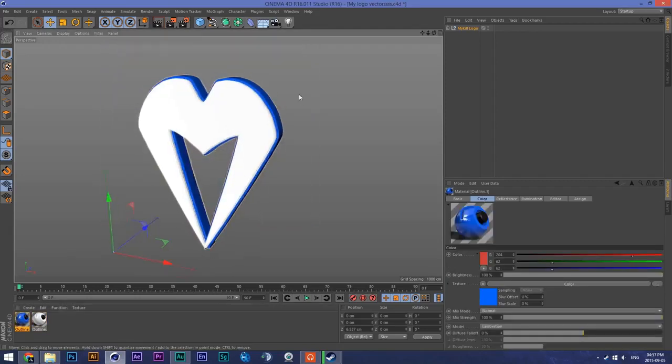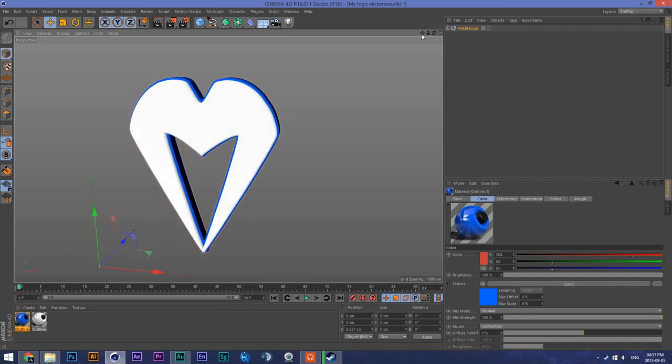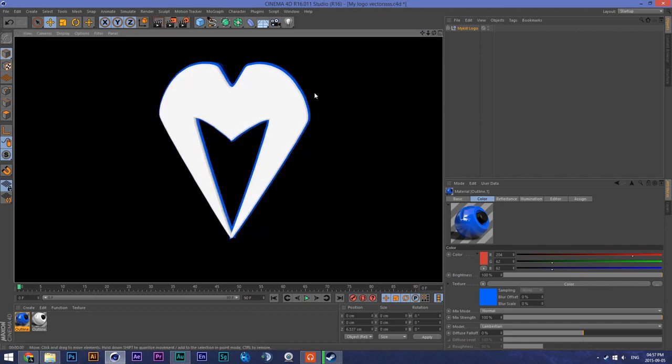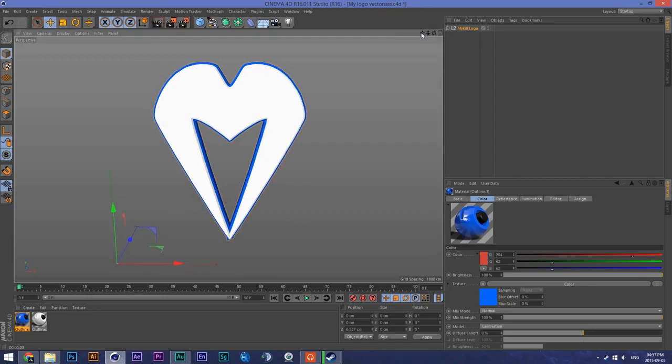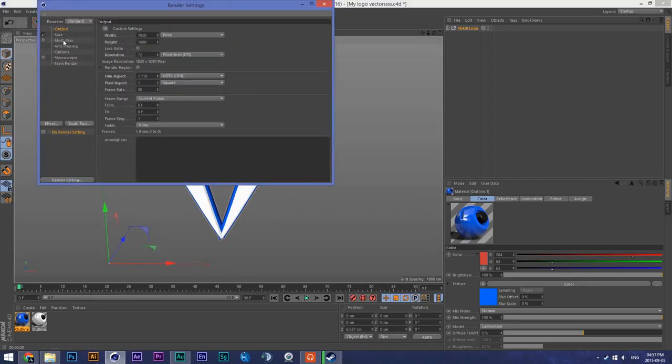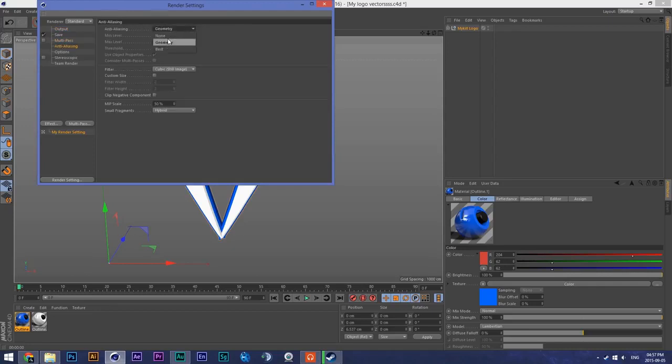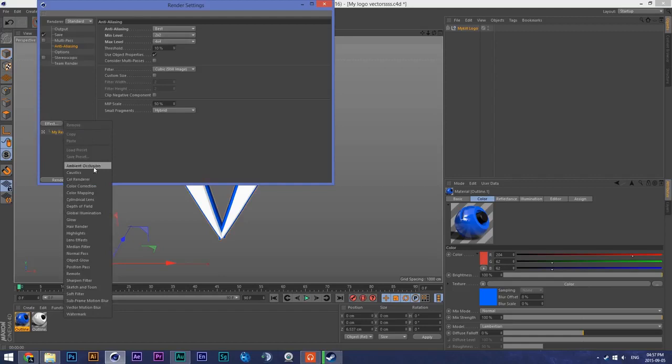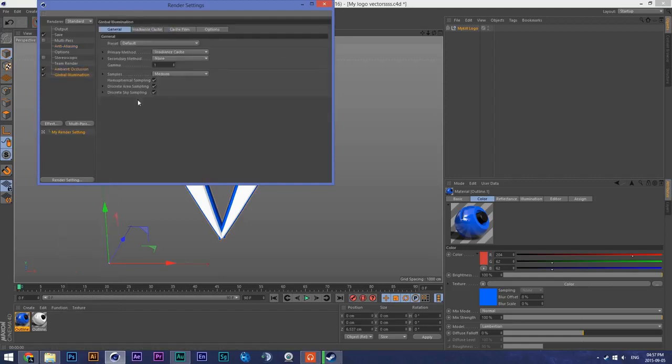So yeah, and then to make the effect look really nice. This is very dull right now. As you can see, it looks really bad. To make it look really nice, let me just check these. I'm gonna go to anti-aliasing. I'll make this best. 2 times 2 and 4 is fine, and then I will add ambient occlusion and global